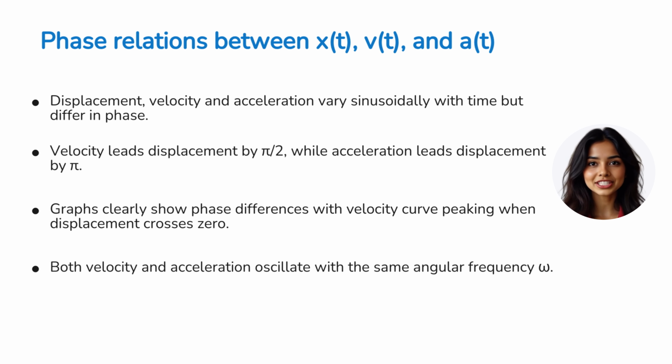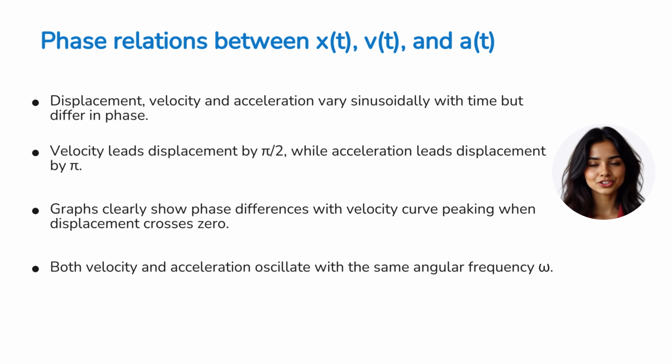Displacement, x of t, velocity, v of t, and acceleration, a of t, all vary sinusoidally with time, but velocity leads displacement by a quarter of a cycle, or pi over 2 radians, and acceleration leads displacement by half a cycle, or pi radians. Put simply, when displacement hits zero and passes through the middle, velocity is at its maximum. Meanwhile,